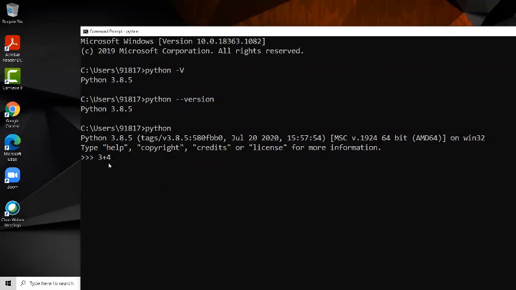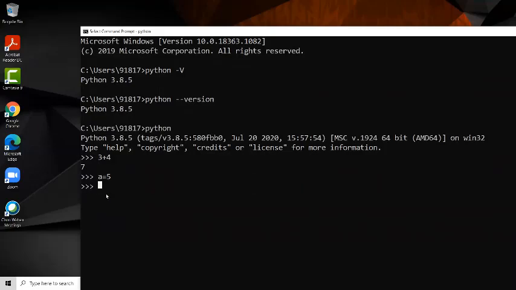Suppose 3 plus 4, then it gives the answer as 7. Suppose you are assigning a value to a variable. This is the value and this is the variable. So now I am assigning a value to the variable. Simply I press enter.